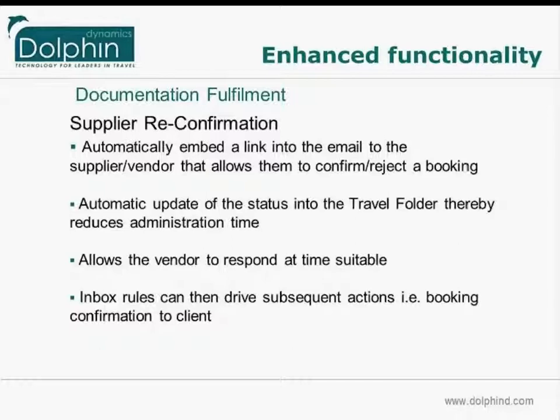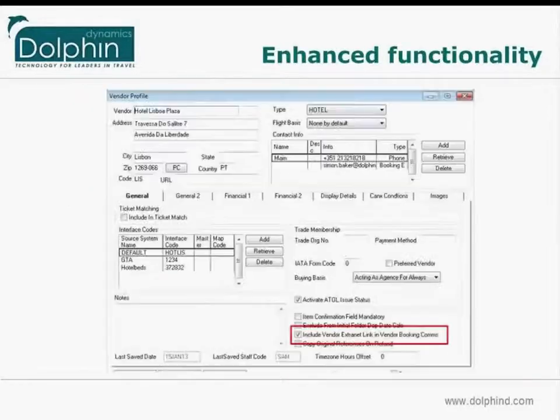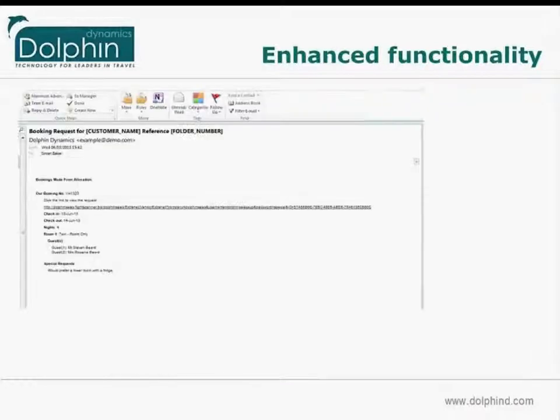So, for example, you may want to have inbox rules that trigger to either the booking user to say that it's been rejected, or to go into more of perhaps a mail room for sending out an updated booking confirmation. So as you can see here, what we've done is this very simple tick box that needs to be turned on, and then there's a bit of configuration within the site details of the system, but that will embed the